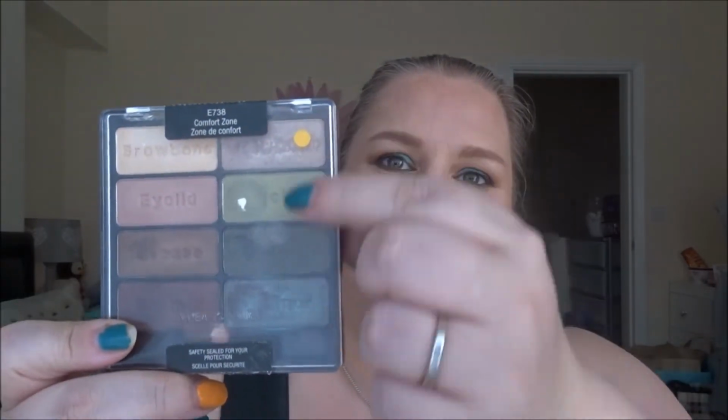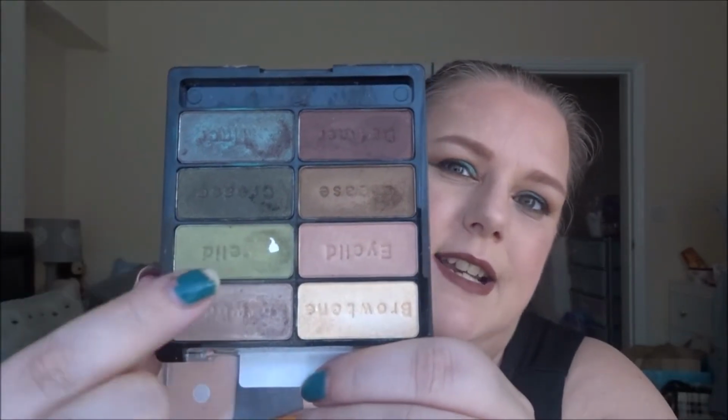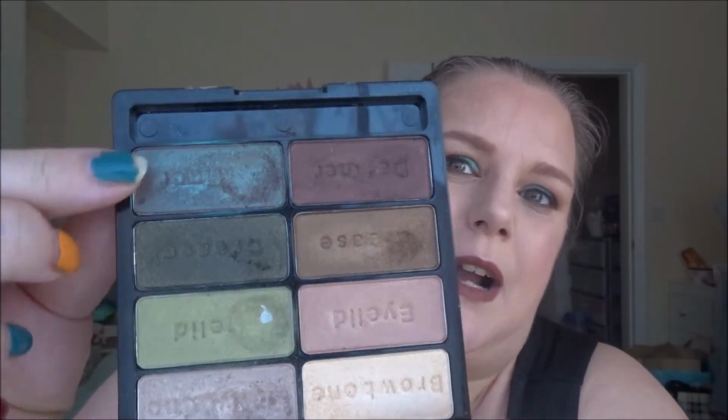The next item I am wearing on my eyes today, and that is my Wet n Wild Comfort Zone eyeshadow palette. I'm just concentrating on these greens on this side, and the idea is that I am aiming to hit pan in all 4 shades. This pan was made last month, and as you can see, I was kind of hoping